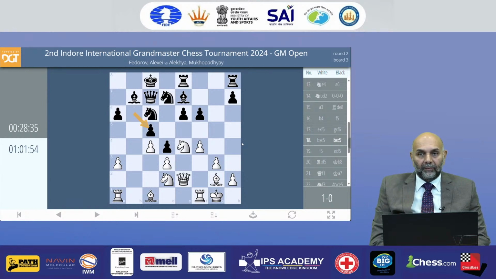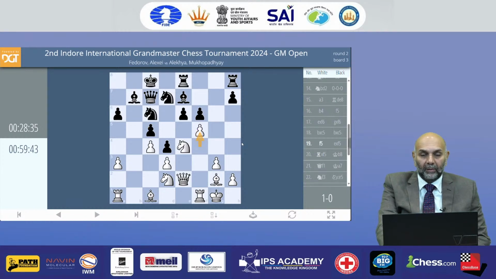Black already has a lot of difficulties. The king is not as safe as white's. The e6 pawn is weak. There is only one piece in the third rank, and no other piece is able to come to the third rank with any sort of positive threat or active position. So just a one-sided position.